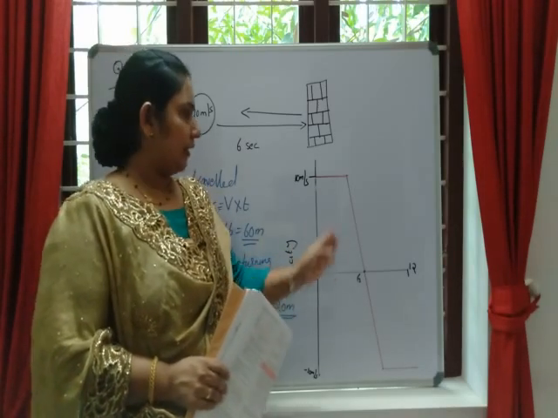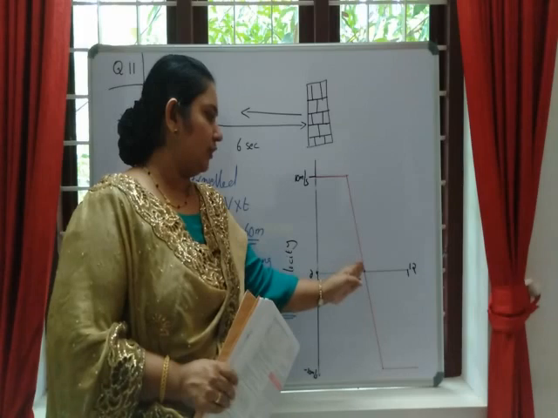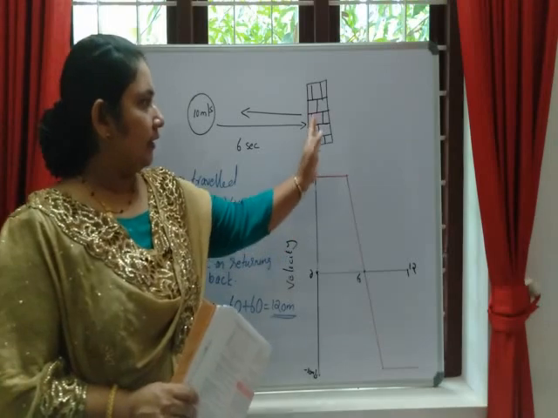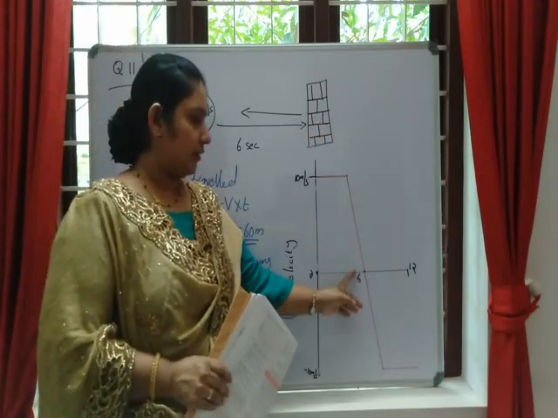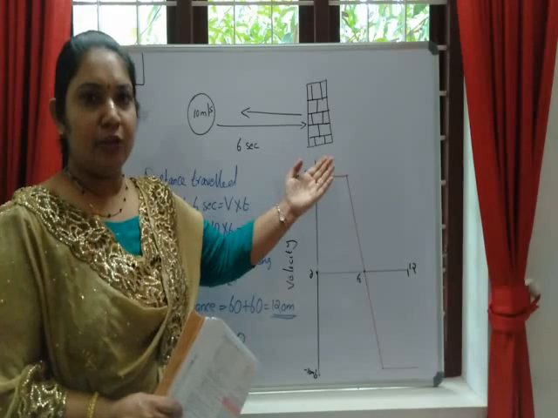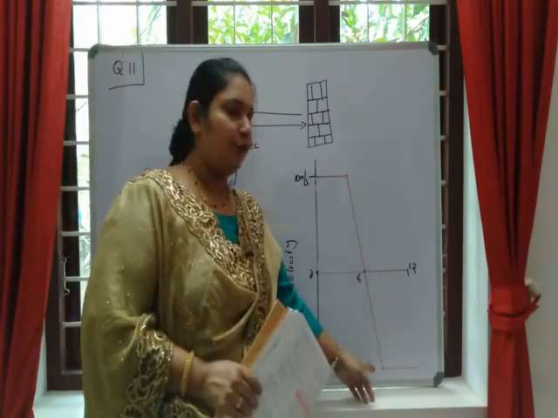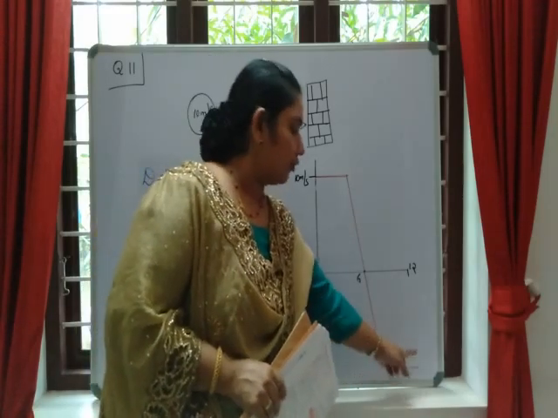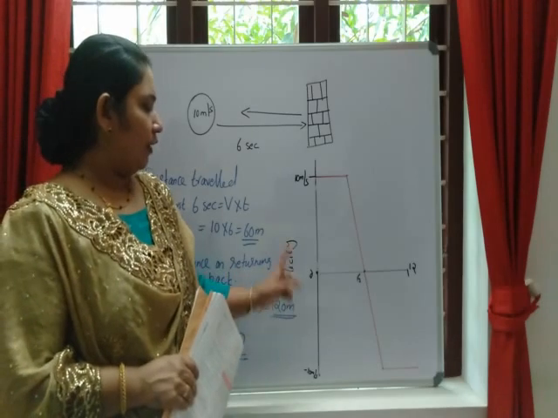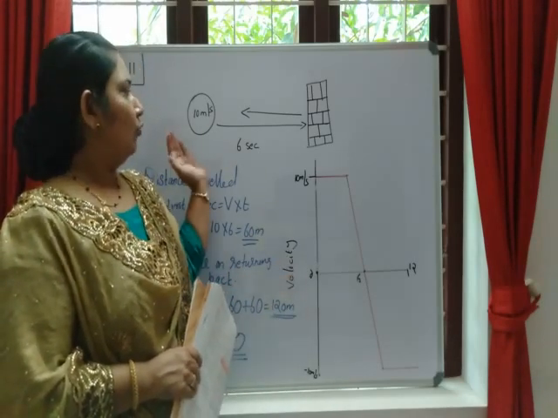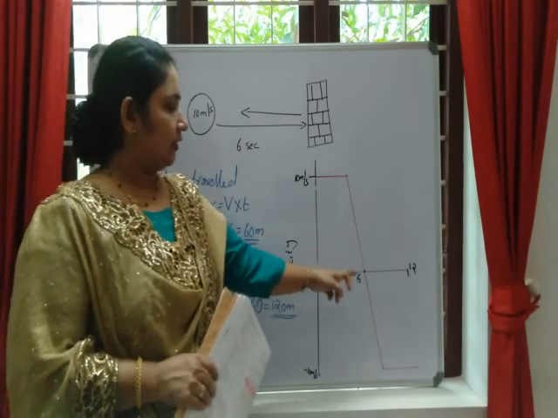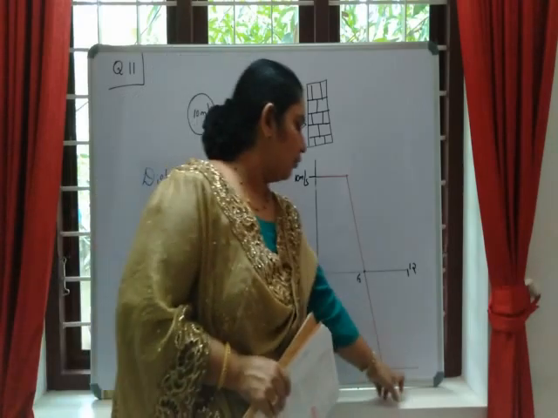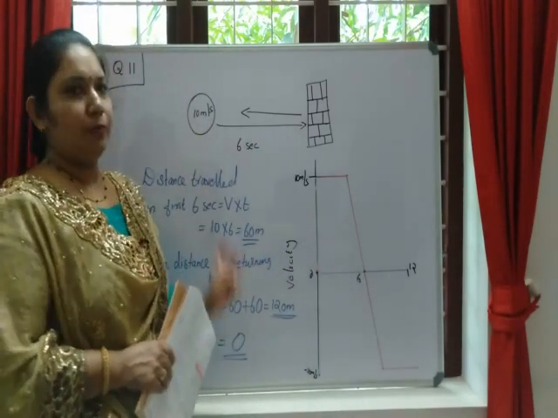At the end of 6 seconds, suddenly it hits the wall, that is, it comes to rest, and again returns back, that is, it comes in the opposite direction. So you have to draw the graph towards the negative quadrant. In the next 6 seconds, it again moves with the same velocity. So this is the velocity time graph of the ball: moving with the same velocity for 6 seconds, it hits the wall, so reaches 0, then returns and again travels 6 seconds to its original position.